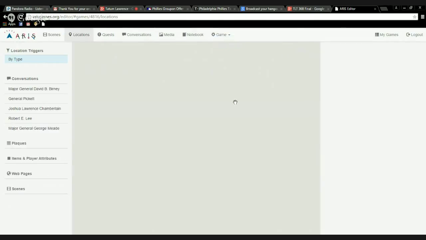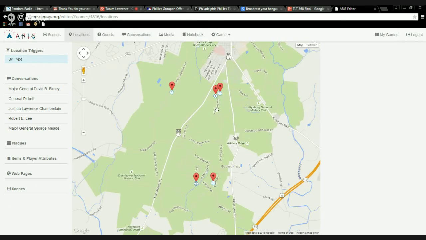So when we go to the locations, and if it ever loads, we can see that each character has GPS coordinates. So if you're touring the battlefield of Gettysburg and you approach, say, a monument like Devil's Den, for example, Major General David B. Birney will pop up on your screen as if you had just run into him casually. He'll say something about, oh, who's there? And you then get to interact with him, and he'll tell you some information about Devil's Den and the